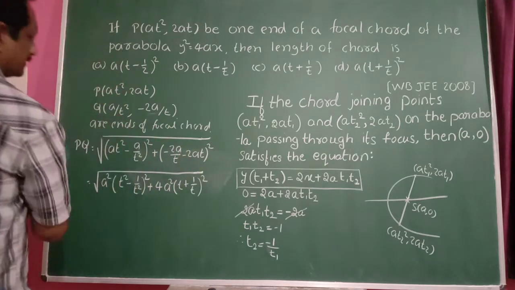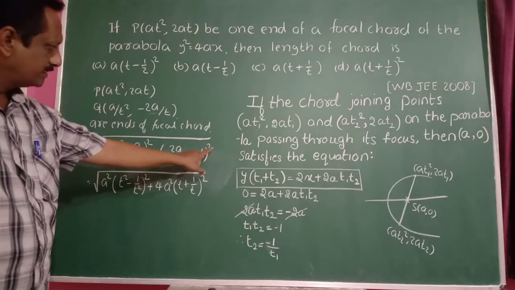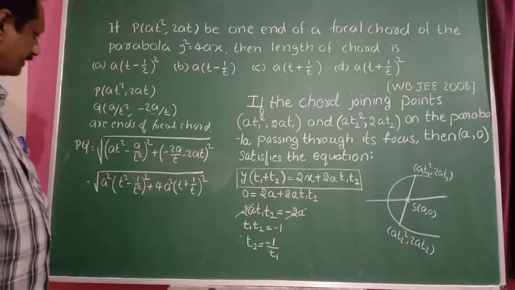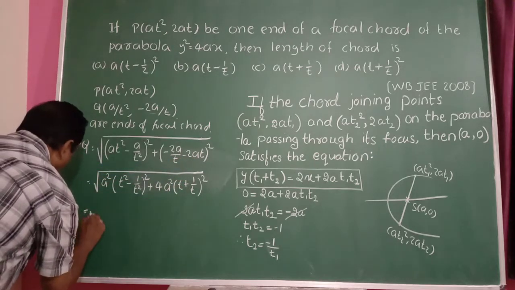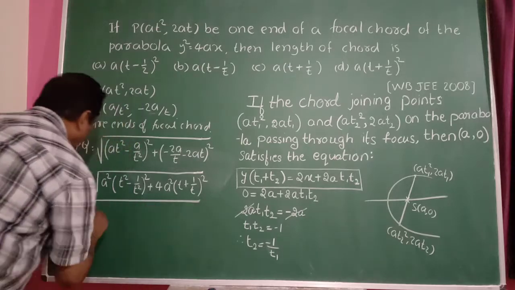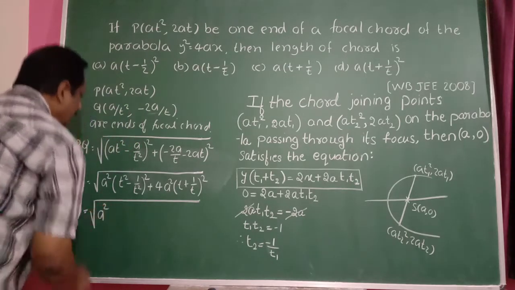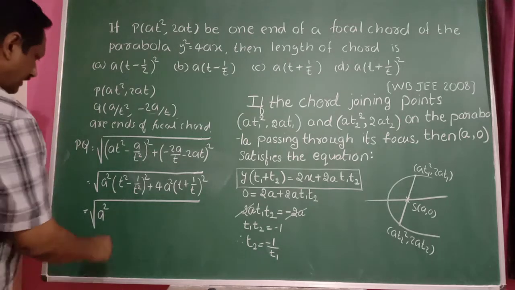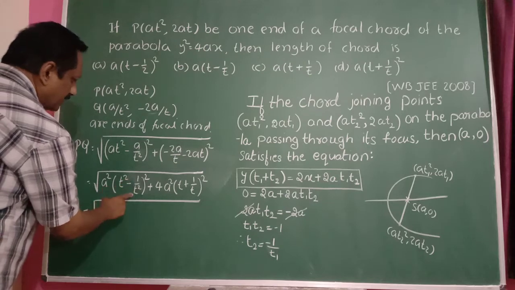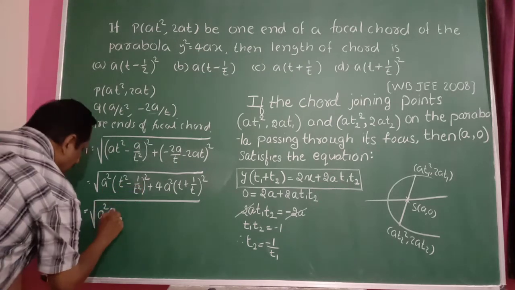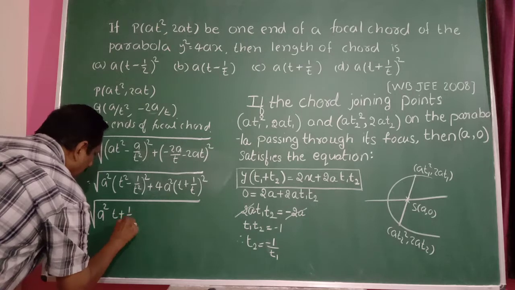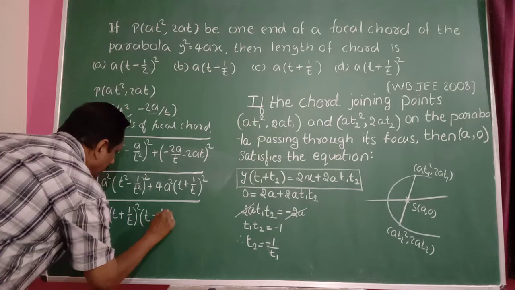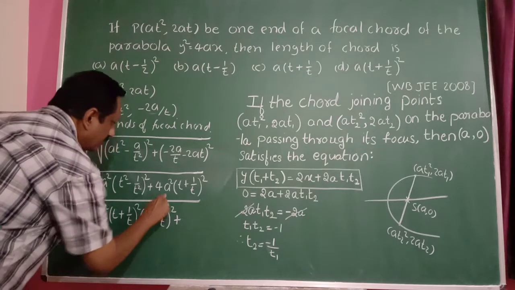You can write like this. Taking minus as a common factor, since a square is there, minus becomes plus 4a square, remaining a (t plus 1 by t). Therefore, this is equal to root of a square, and here you use the a square minus b square formula, (a plus b)(a minus b). Hence, this is a (t square minus 1 by t square), and the whole square is there. So (t plus 1 upon t) square into (t minus 1 by t) square, then plus 4a square